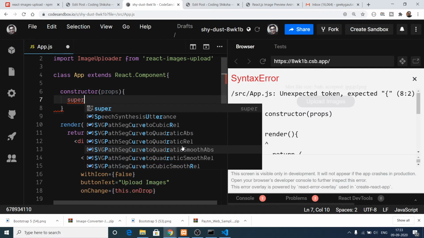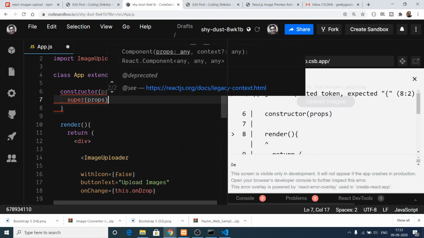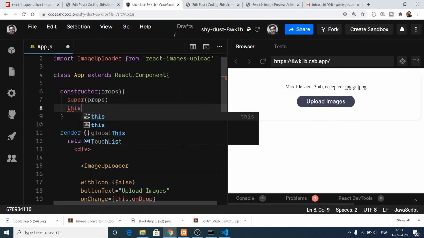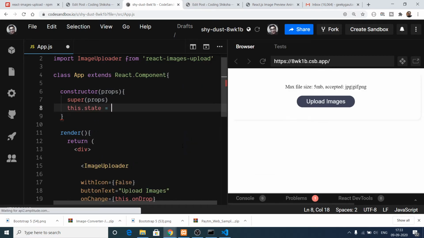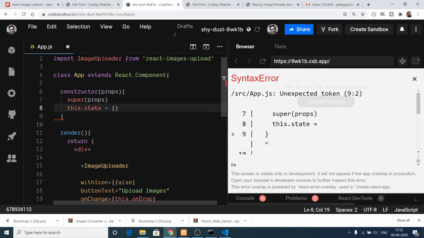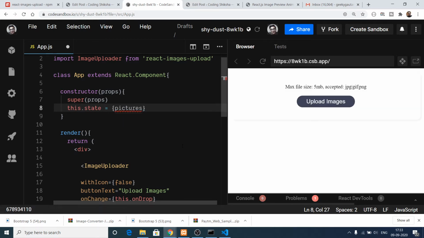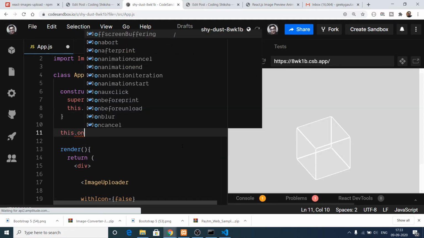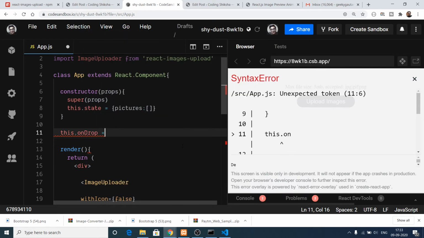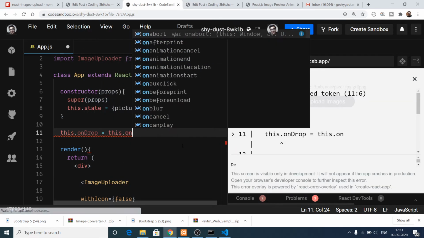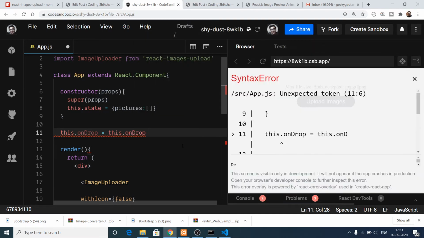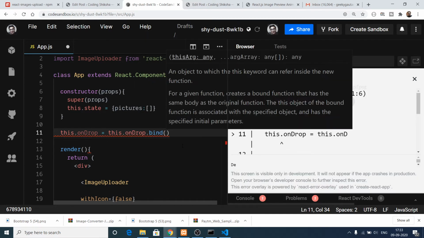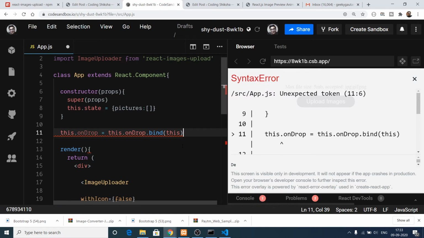First of all, we call super props, and then we can have a little state here which will have a property pictures, which will be an empty array. After this we can register this method, onDrop. This.onDrop will be equal to this.onDrop.bind, and here we need to pass this. That's it.